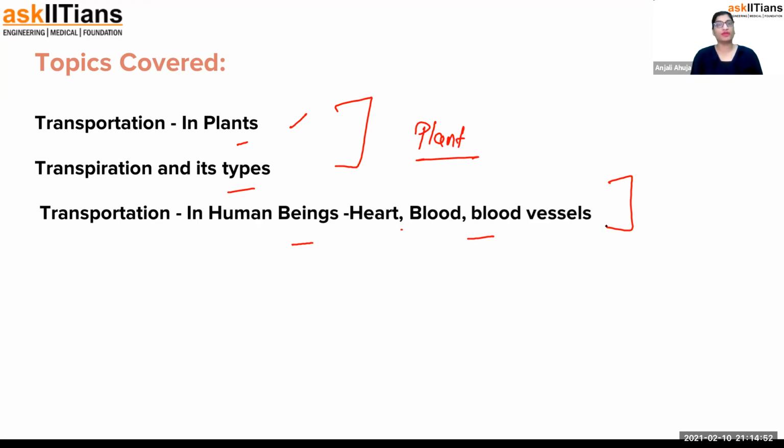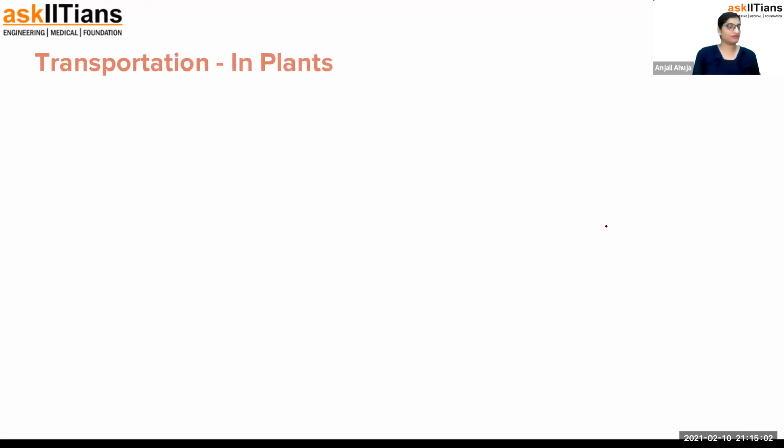Transportation itself is a big topic. It's fine if you are not able to complete this in this part. We have next chapters, next parts coming up, so everything will be covered. Do not worry. So the first thing that we have to talk about is transportation in plants. First of all, transportation is things moving from one place to another. So there are two things: one is water, and then there is food material, and then there are